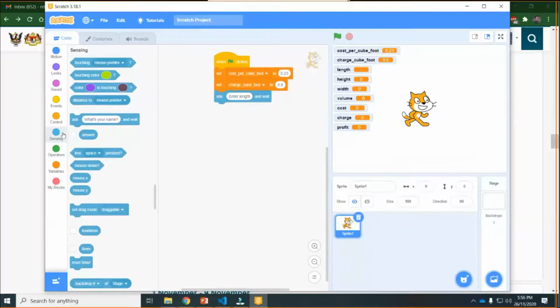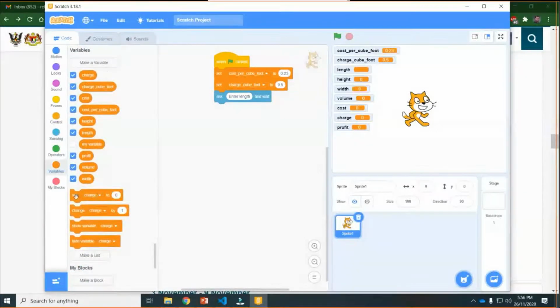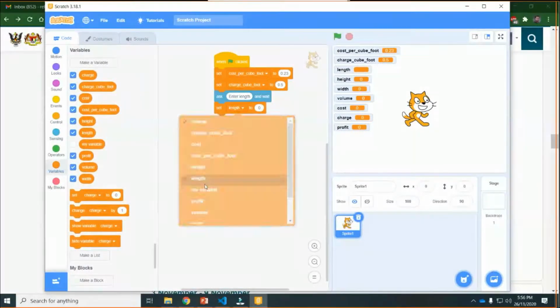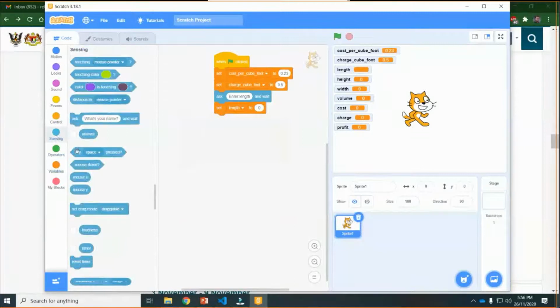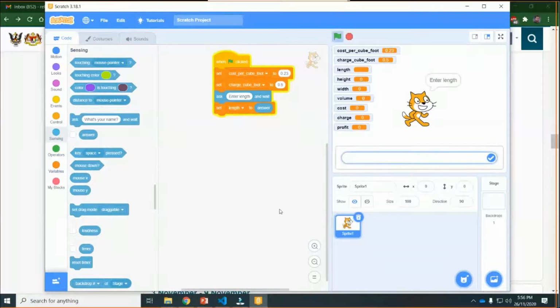So to save this one, you go to variables again and then click set. Okay, and set the length to what? To the answer. Now you click again, right click, enter length, so it is waiting for that. If I type 10 and press enter, can you see the length variable?